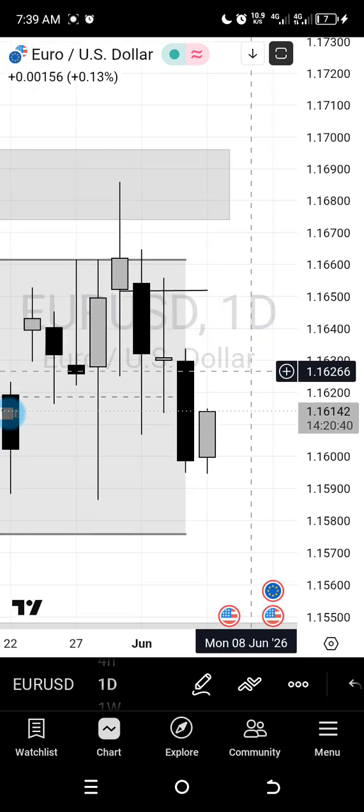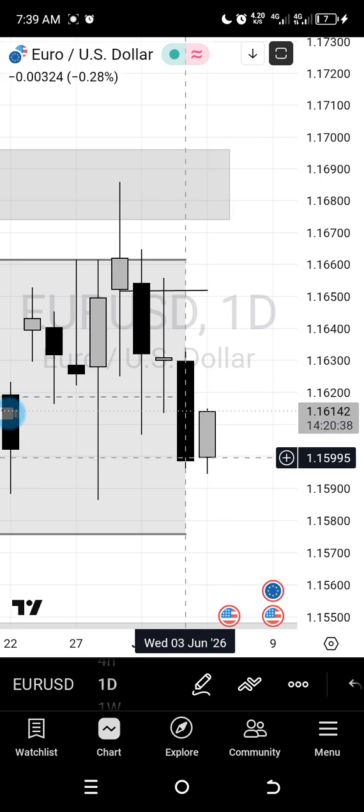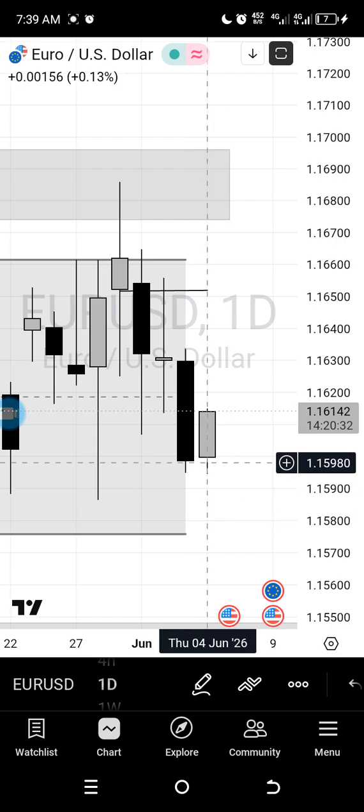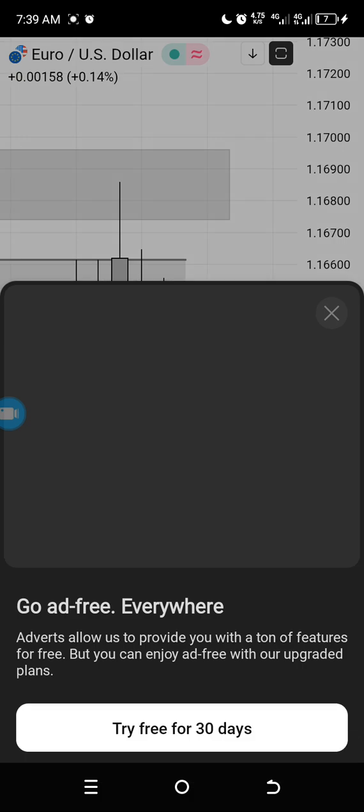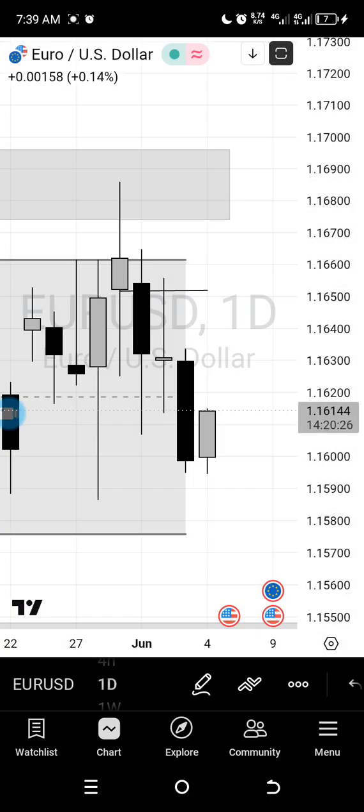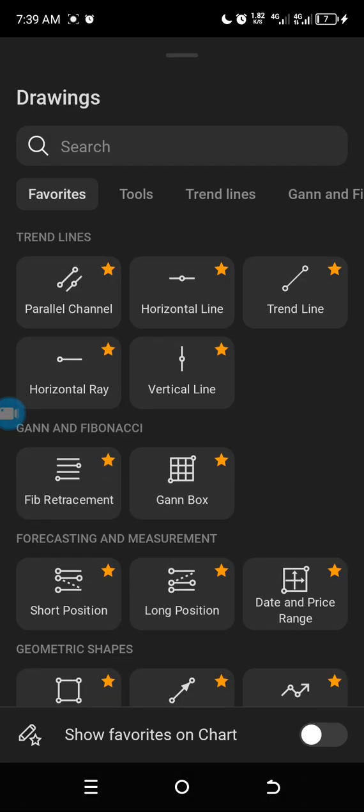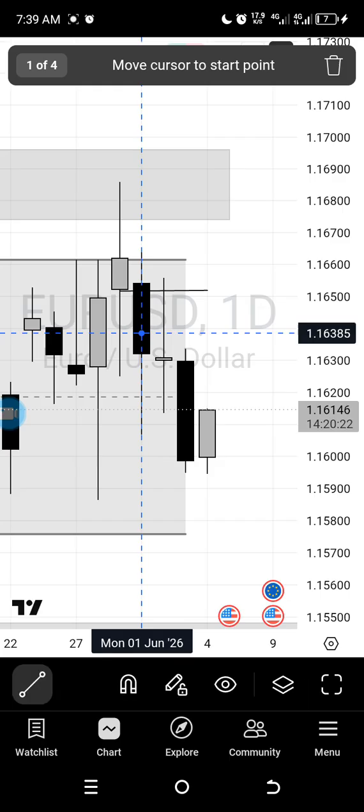Okay guys, you can see the market has reached 75% of the range, and then it's just 25% of the range remaining. So what we should expect here is a kiss of death. Okay, looking at our chart, you can see that we got a key level here,